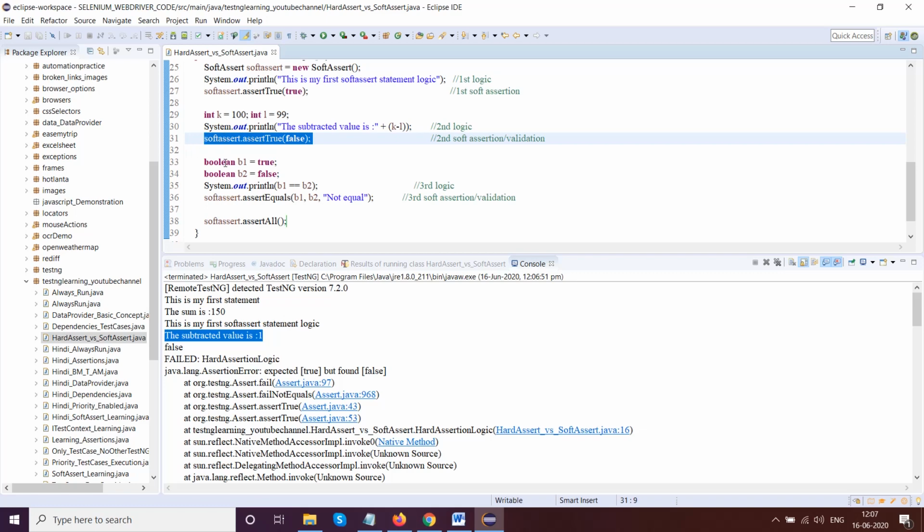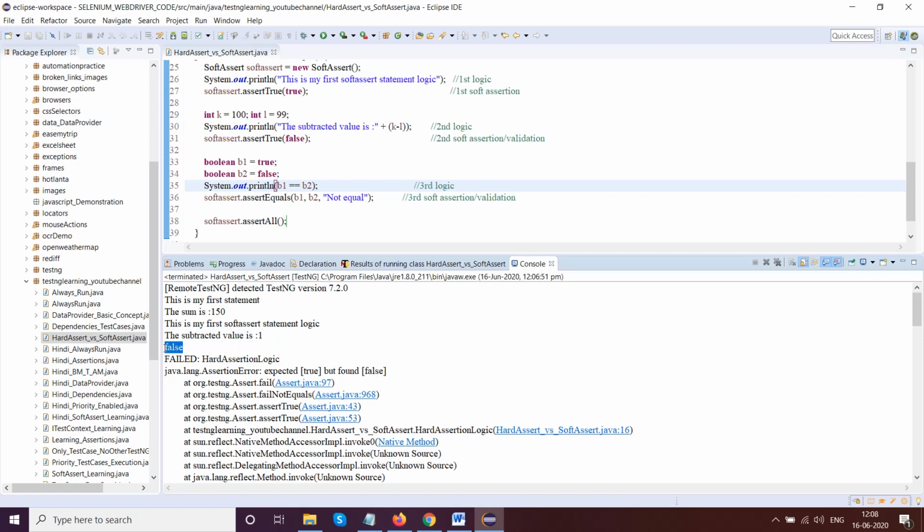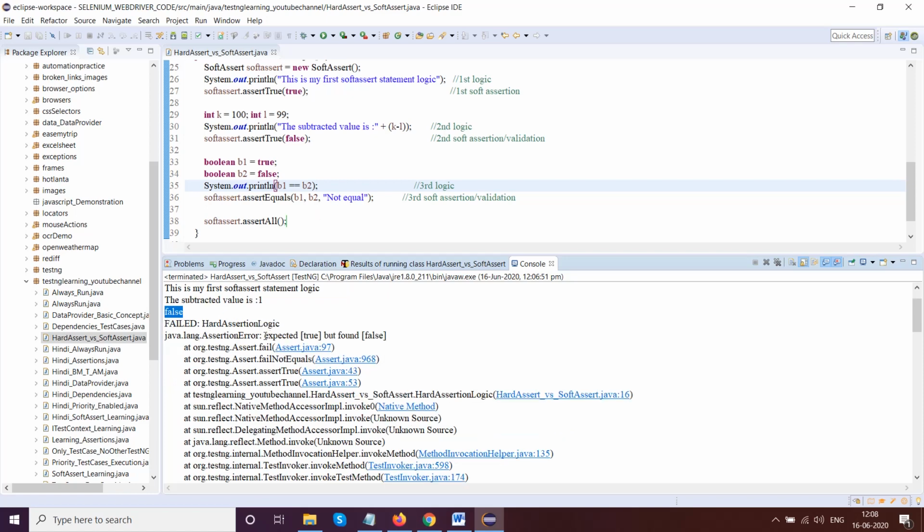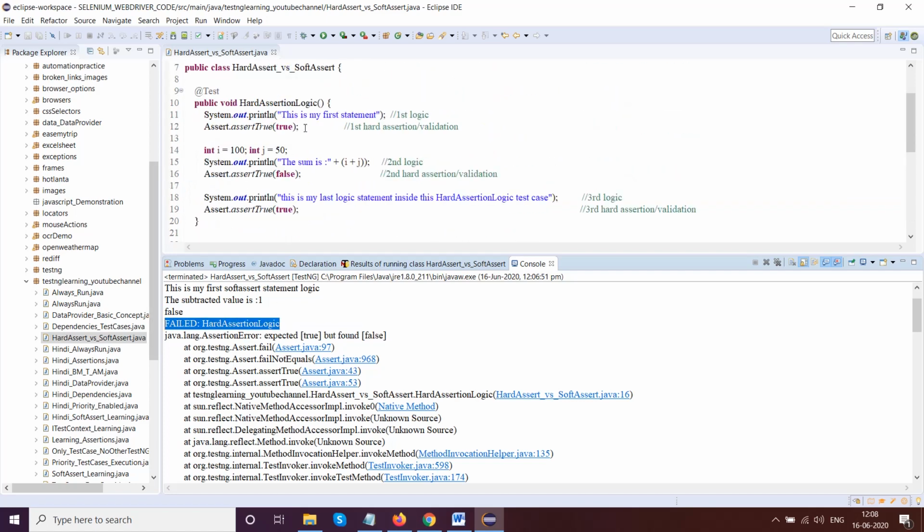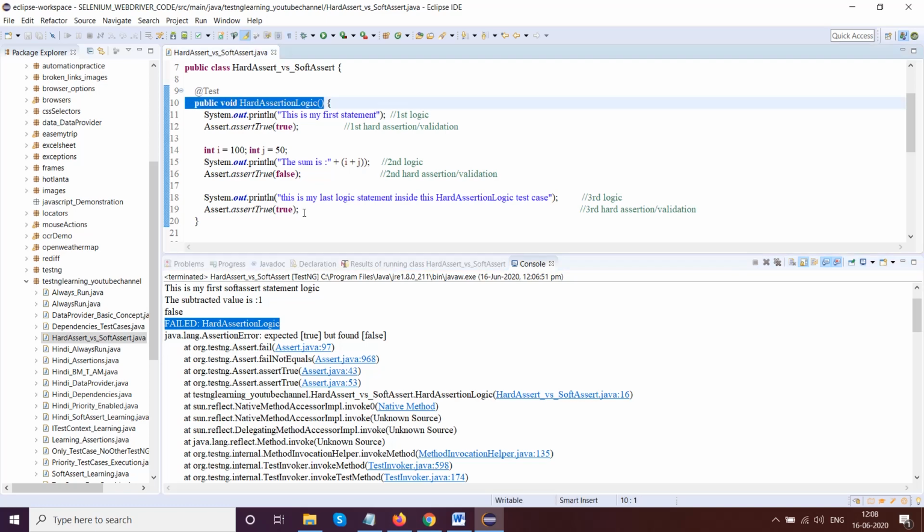It printed false. Why? Because b1 is not equal to b2, but we have given b1 equal to b2. So this is actually false, and it is giving the right output. See here, expected true but found false. This is for the hard assertion logic in this particular test case. Beyond this it will not test.